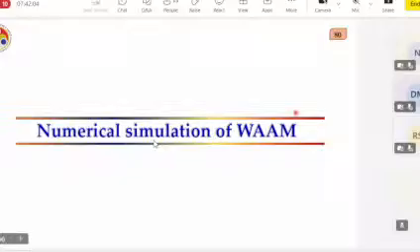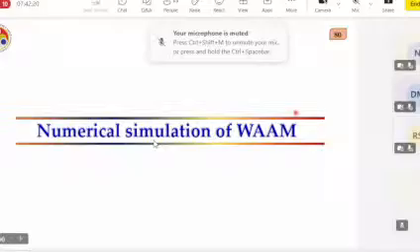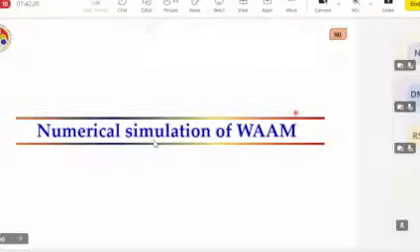This is because when you deposit a layer, or deposit on a substrate in a single bead experiment, you can observe some tail behind the main pool. From there this concept of the double ellipsoid comes. If you observe from the top, it is actually formed using two ellipses, one bigger ellipse and another smaller ellipse. By combining these two ellipses, you get this heat source model, the double ellipsoid model,